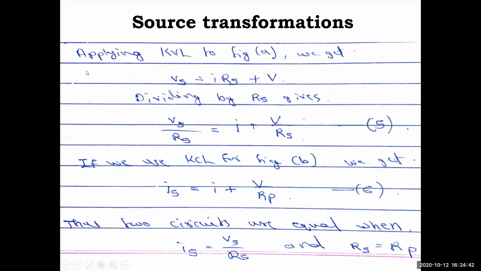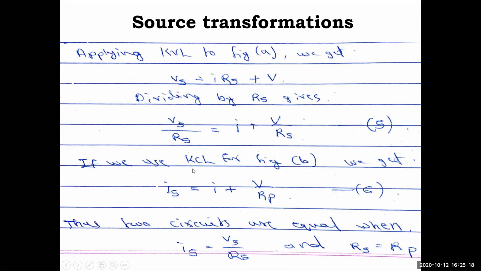Just to conclude this, applying KVL to figure A, now we get, okay, so what is required? Vs is equal to IRs plus V. So in the first circuit, you had the resistance, across that you have the current, and then you had the voltage across XY. Okay, now considering the R, we are writing the equation. So Vs is equal to IRs plus V. Dividing by Rs will give you Vs by Rs equals I plus V by Rs. Okay, so now we are considering the R value, not 0 or infinity. Whatever R value is there, with respect to that, we are writing this third set of equations, making 5 and